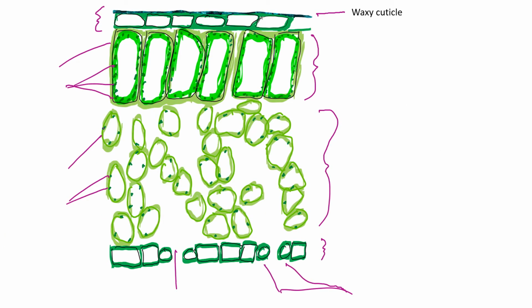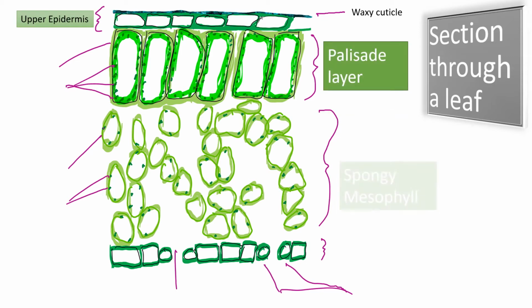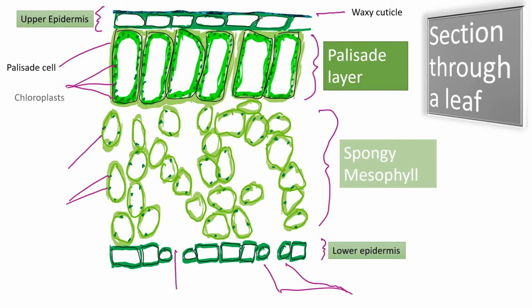Looking at the overall structure of the leaf here, I'm going to just quickly annotate some of these features in addition to the waxy cuticle that you see at the top. First of all, starting off with the upper epidermis, the palisade layer, the spongy mesophyll layer, and the lower epidermis. Within the palisade layer, you have the palisade cells, which contain the greatest density of chloroplasts. Slightly less density of chloroplasts in the spongy mesophyll cells, but they are there,